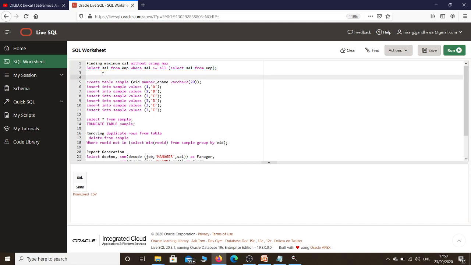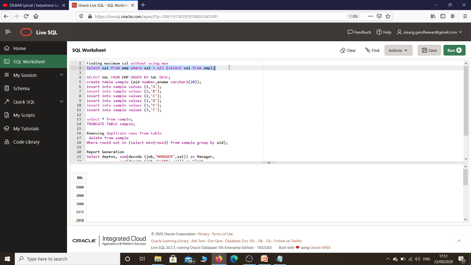Let me check whether its value is correct or not by using a simple query: select salary from employee order by sal DESC. It displays all the salaries in descending order. So yes, 5000 is the correct answer. In this way we got the highest salary of an employee without using the max function. See, in this case it is important to use this equals to. Suppose you are not using this equals to, you will not get any kind of output.